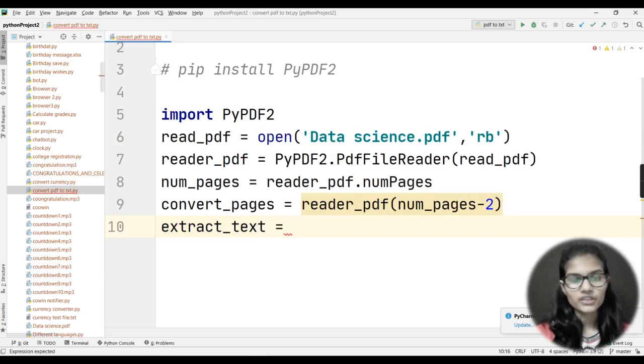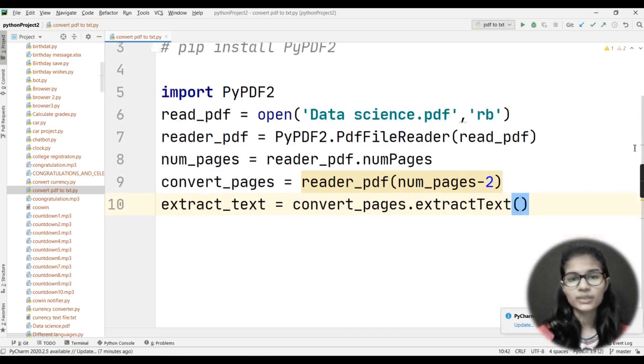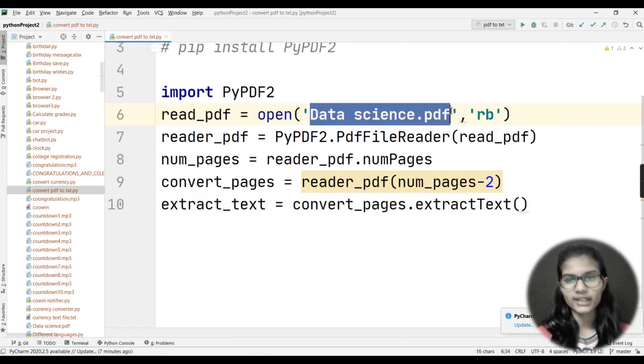I would make it another variable, my convert_pages which I had used here. Convert_pages dot, and here I'll use that extract text function. So that will extract all the text which is in this file, which is datascience.pdf. Whatever text I have in this file should be extracted.